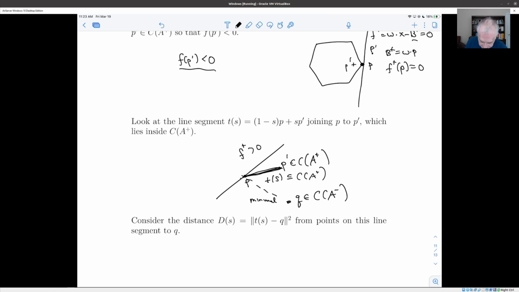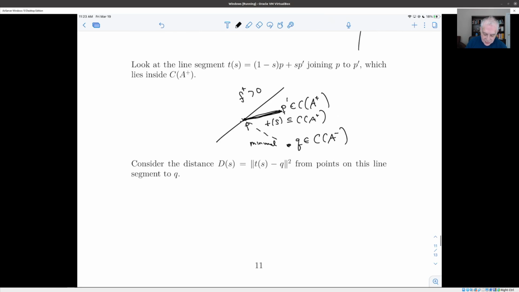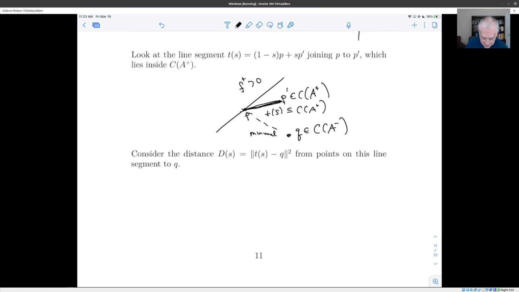So maybe you can anticipate the problem here. If this is supposed to be the closest point that could possibly be to Q in C of A plus, and this point is on the wrong side of the line, then it seems impossible that some point on this segment isn't closer to Q than P prime. So that's what we're going to show, and it's similar to the argument that we did before, namely we consider